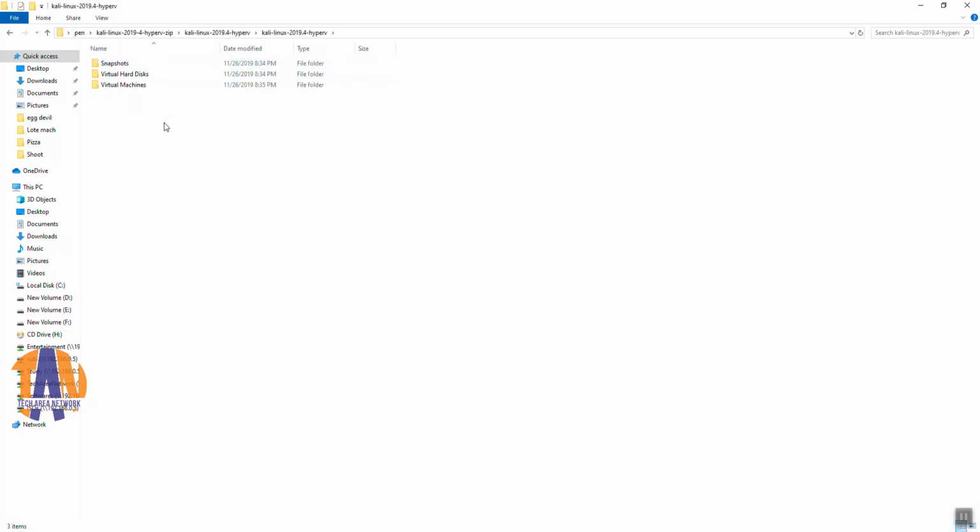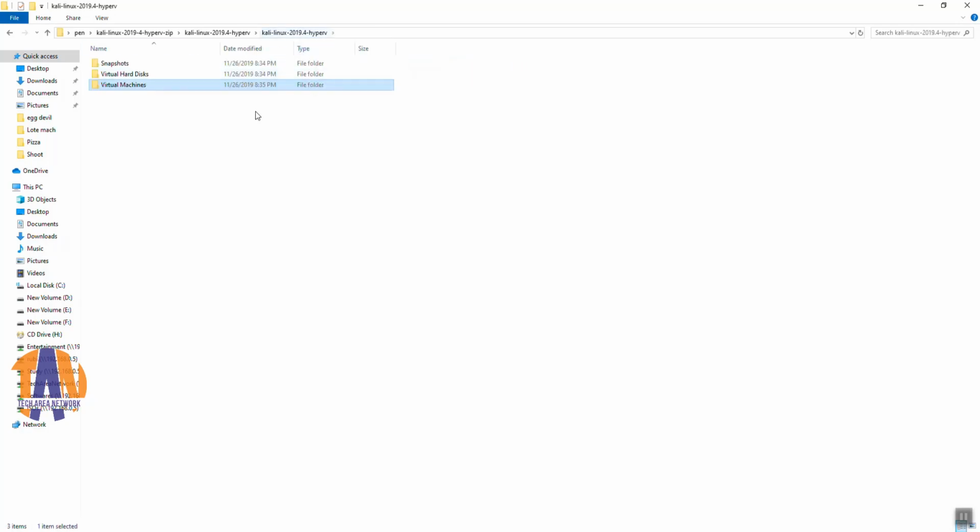Here you will find three different folders. Let's start from the bottom. It's called Virtual Machines, and it contains two files. One has a .vmcx extension. This is the binary machine configuration file; previously it was an XML file. Another one is the .vmrs file. This file contains the virtual machine's runtime state data and is usually the size of the active RAM used by the VM.